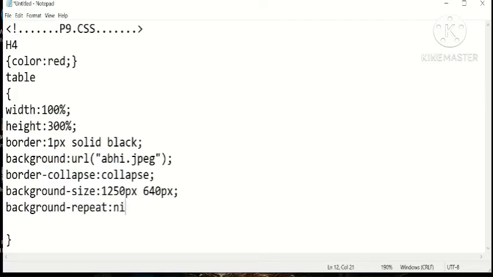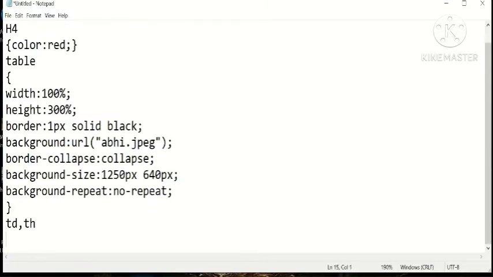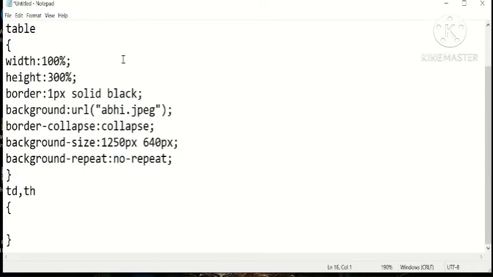Background repeat attribute can be specified. If we do not specify it, the image will repeat throughout the table, one below another. We will also specify the TD and TH attributes. So we need to specify the border in this case as well. Otherwise the border will not appear in the table elements. It will only appear as an external box for the whole of the table. Essentially this border attribute is enough, but we can also specify height and width.